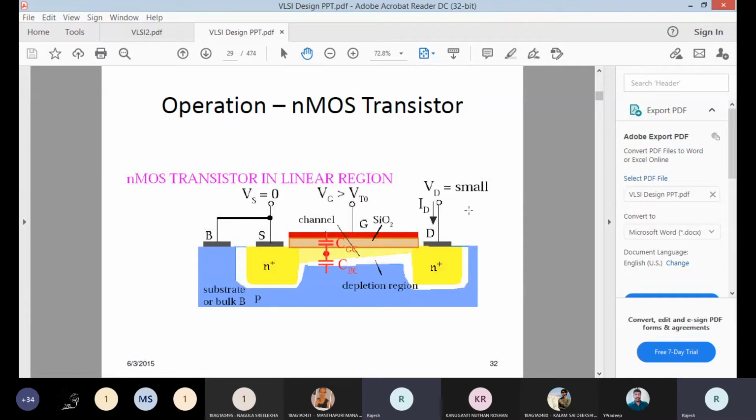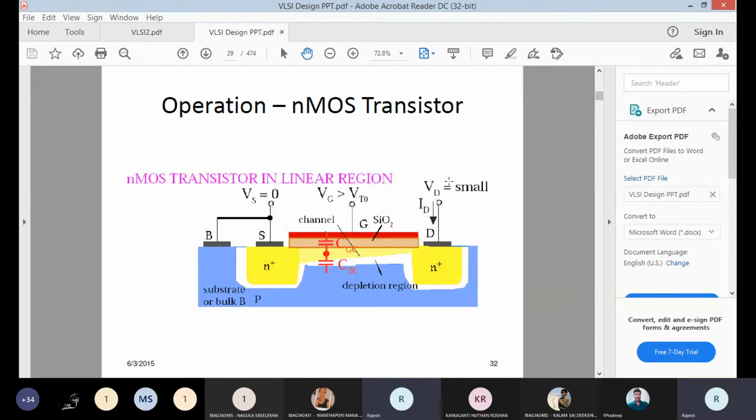Try to understand: when source and drain are at the same potential, the channel is formed, but no current is flowing. Electrons are formed in the channel, but the electrons will not move. That is called the MOSFET cutoff region. Once you apply a positive VDS voltage, the electrons will linearly increase